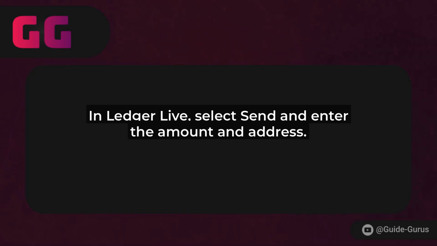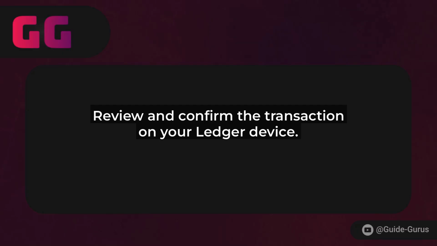After you confirm, the transaction will be broadcast to the blockchain. In 2025, with faster networks, this might take just a few minutes, but keep an eye on fees to ensure it's efficient. Once it's confirmed, check your KuCoin account to see your Bitcoin arrive.